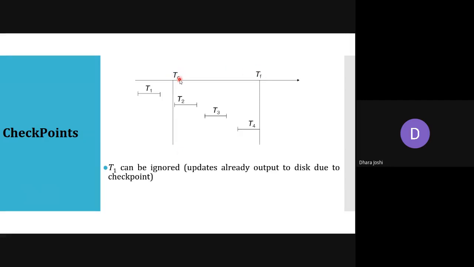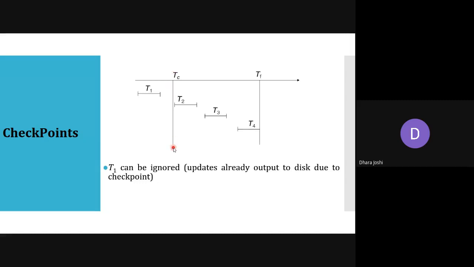Before this checkpoint, transaction T1 has started, executed and committed. Committed means successful completion of a transaction. We can say that a transaction is successfully completed once we have a commit instruction in the transaction. So here the transaction T1 is successfully completed.